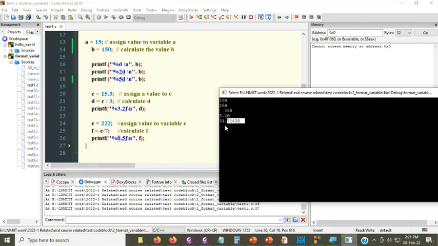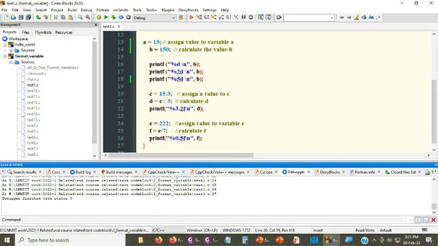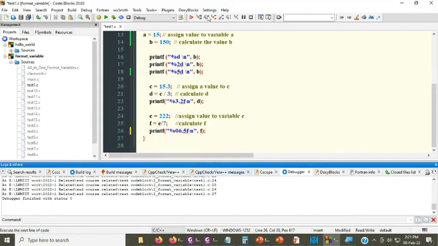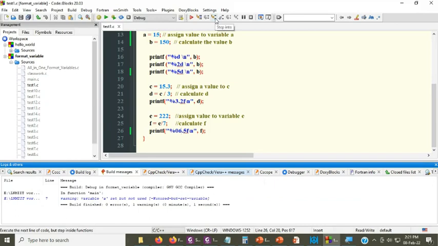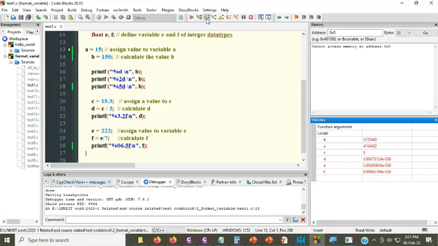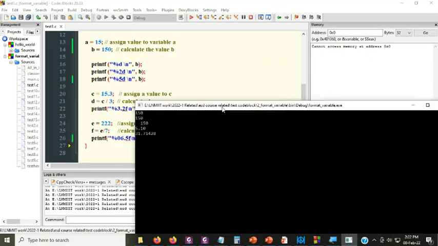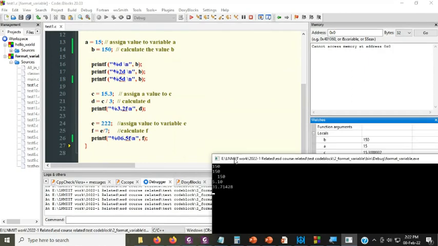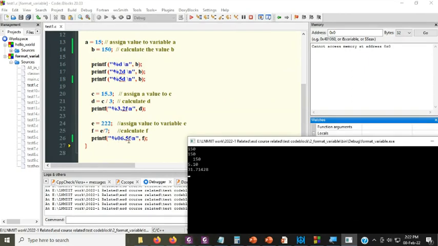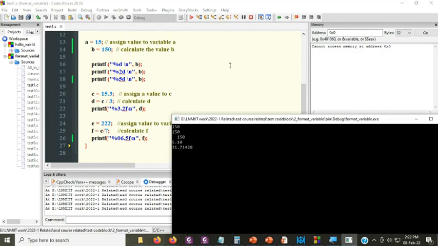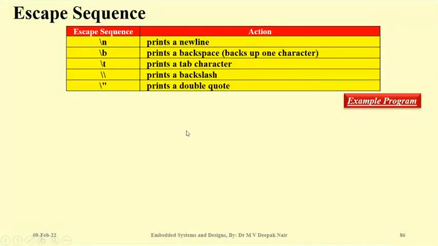So you can precede with 0 if you are going for a large number. For example, if you write 06 here, what will happen? Now let us check. If I just write 06 dot, these are the things which are there in C. So you can manage the memory in so many different ways. Let me check here. Okay, this particular number does not have any effect on a floating number. So you keep on checking these things. Although they are not that important, it is all about how the memory is managed by a variable.